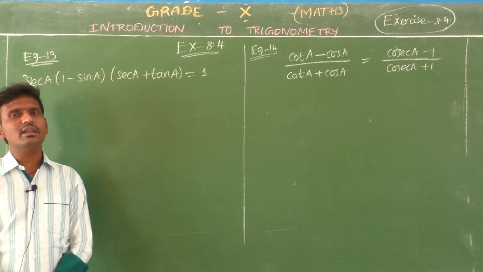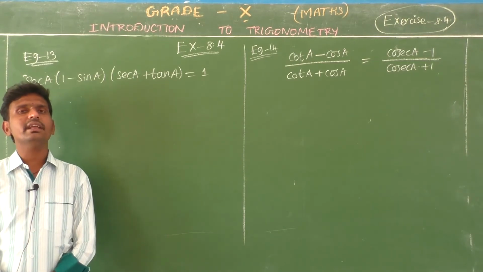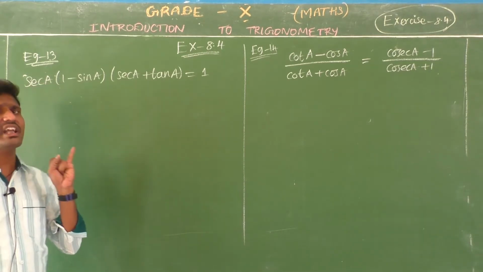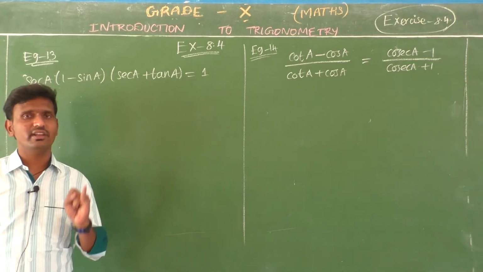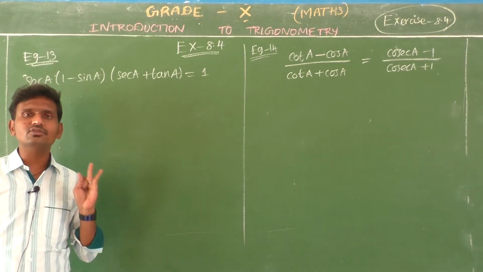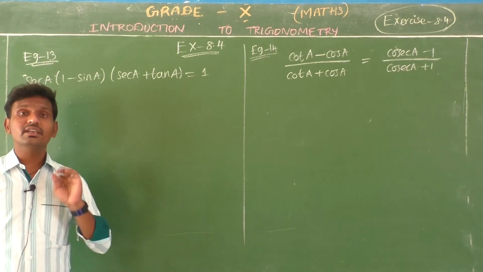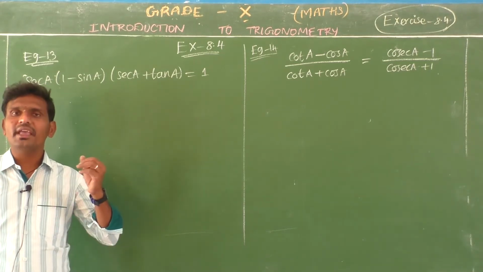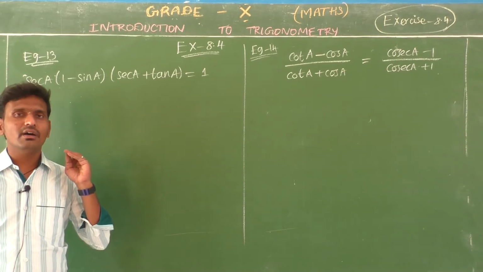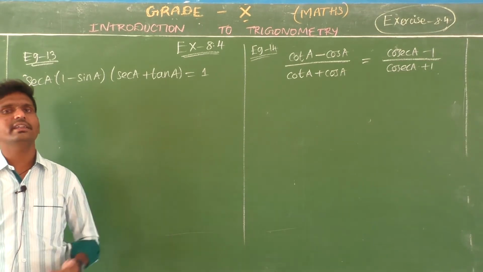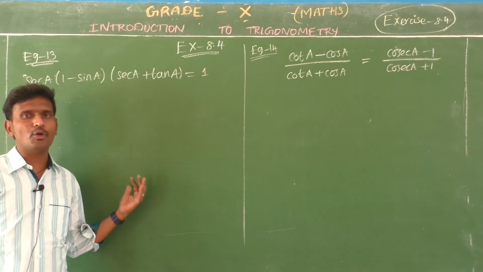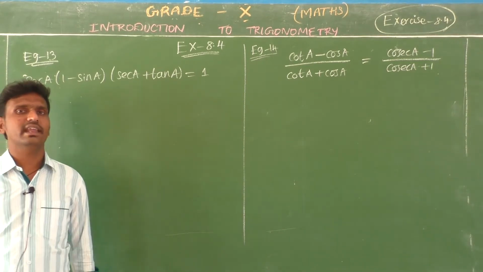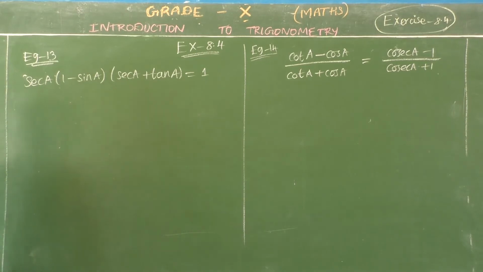These are the basic trigonometric ratios. Coming to the trigonometric identities, 3 identities are very important. The first identity is sin square theta plus cos square theta equals 1. Second, 1 plus tan square theta equals secant square theta. Third, 1 plus cot square theta equals cosecant square theta. Based on these 3 identities we can frame 2 more identities from each one. Let us move to our problems, then we can judge how to use the identities and ratios. Now this is the question for example 13.